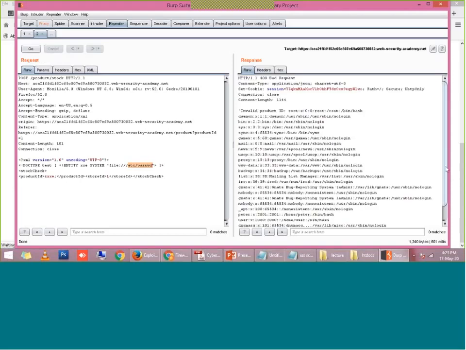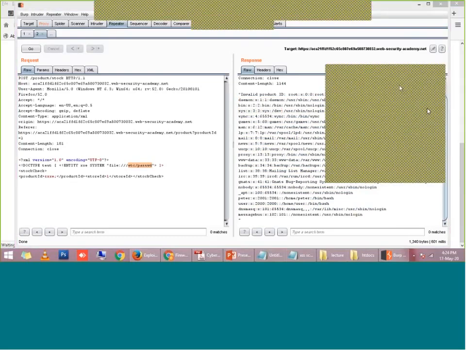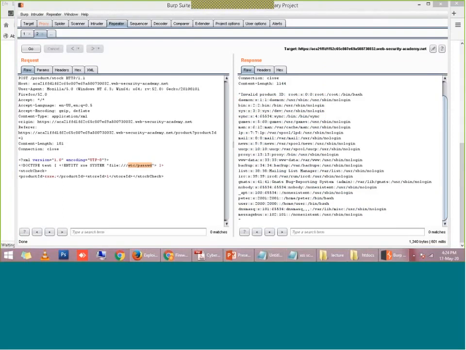Now you can see here, in the response for product ID, the server is supposed to return us the number of stock, but now it is returning root:/bin/bash. This is basically a file which gives an idea of what services are currently running on the server, and what their file paths are, right? So this is again a very dangerous attack, the XXE attack, and a hacker can take advantage of it. So now we have come to the end of the types of attack.